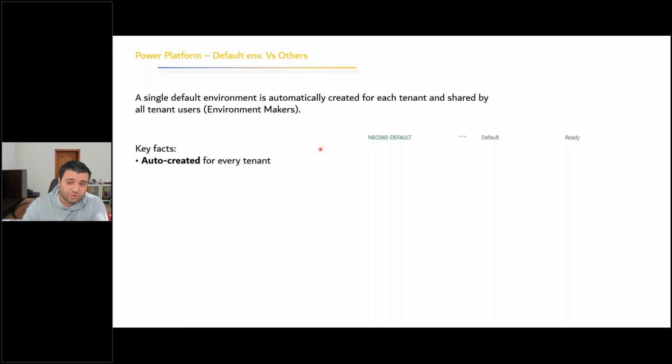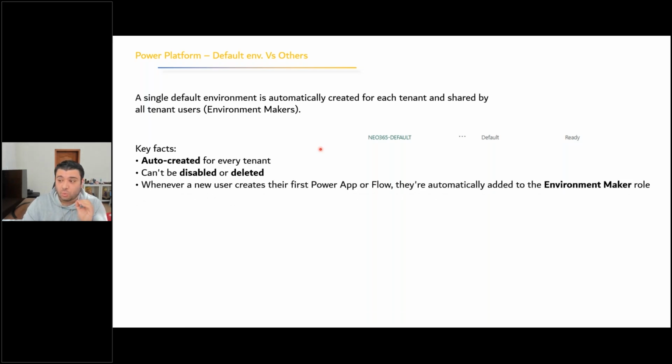Well, it is auto-created for every tenant. You don't have to do anything. It's there by default. You can't disable it, you cannot delete it, you can just use it, right? And whenever someone creates an app or flow, they're automatically added into the environment maker role, which is problematic, because what happens today is if you don't have an environment strategy, people will start creating apps and flows